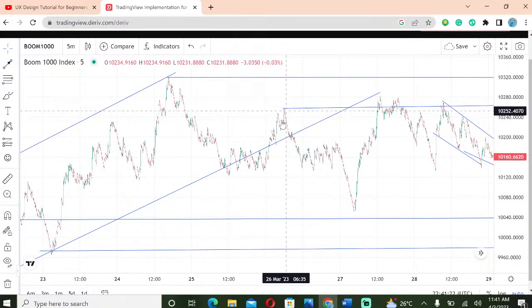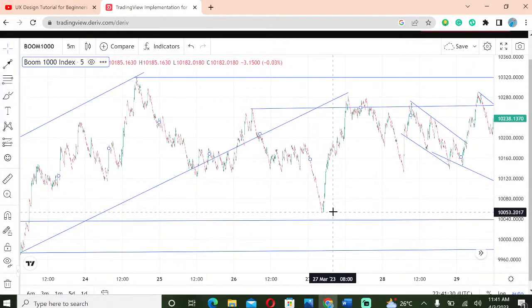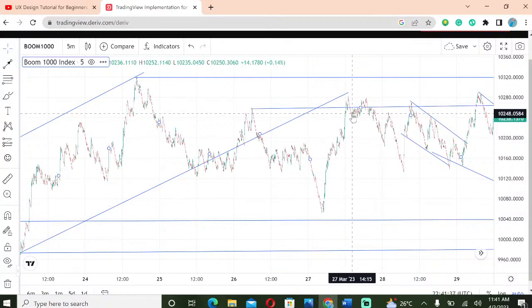When it spikes up to this particular level, you also identify it as your support level before it rejects back to this level. You see that? So when it rejects to this level, you know there's already a support zone at this level. It takes it up and spikes it up to this trend. So you see,